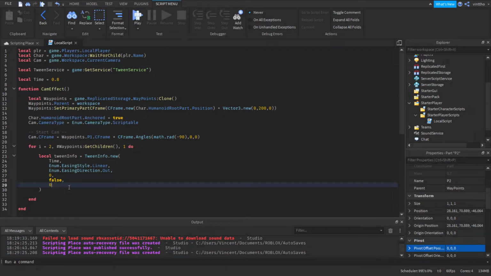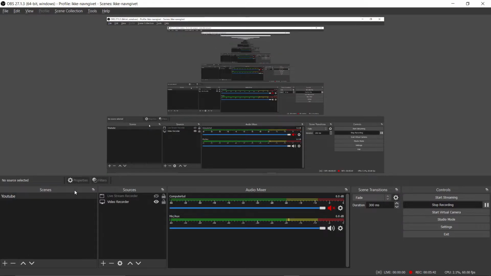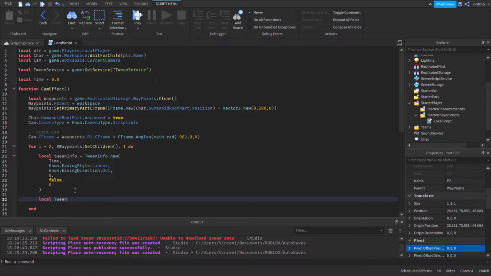There we go, without a comma at the end, sorry. Then we're going to write local tween equals tween service create, cam comma tween info, the one we just made here,